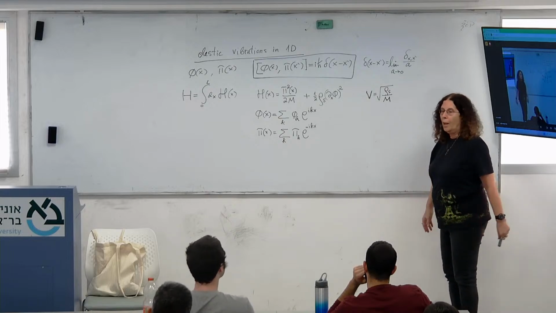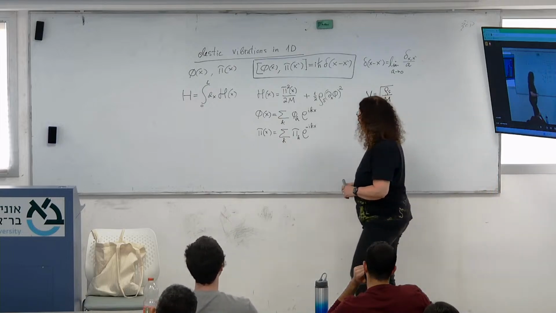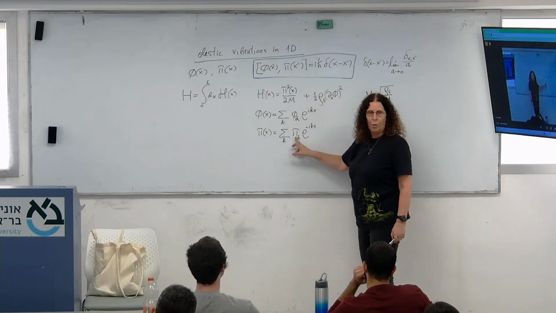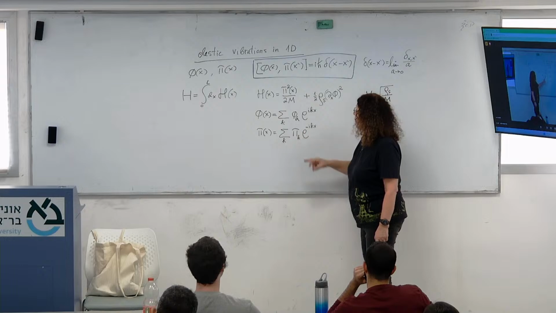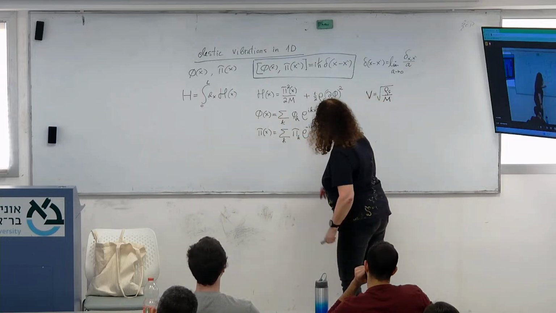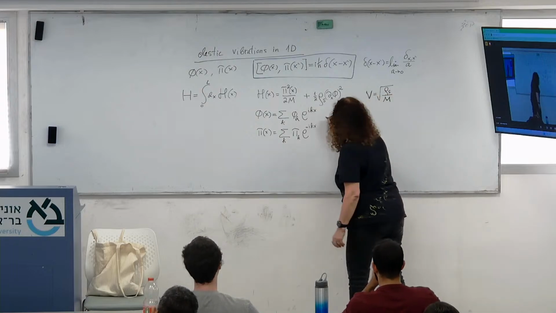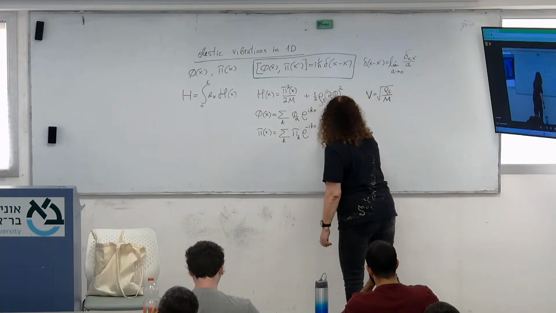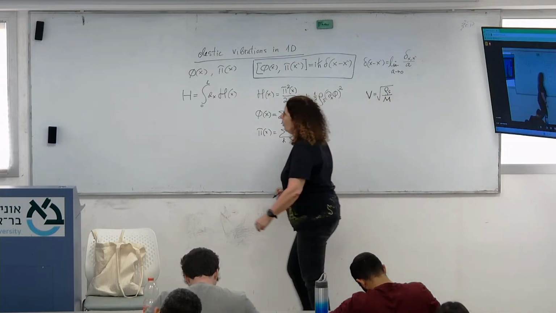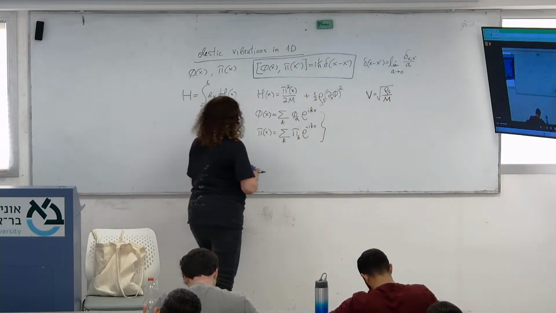Okay? And phi k and pi k are now going to be the Fourier components of the local field. And if we invert this transformation nicely,